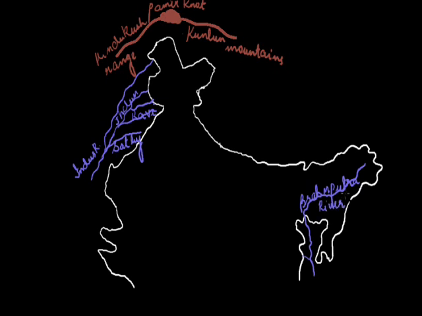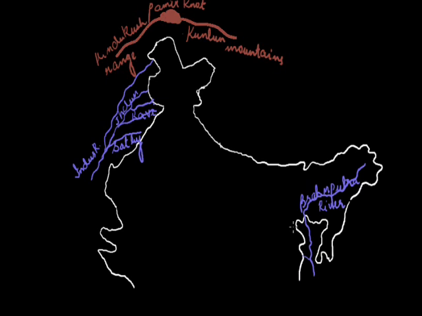These are just some extensions of the river. In order to give you a depiction of how the Himalayan ranges extend, there is another course of these rivers also which we study in another chapter on drainage. So the Himalayan mountain ranges run for about 2,400 kilometers from Indus River in the west to Brahmaputra River in the east. The average width of the Himalayas is 160 to 400 kilometers. 160 is the width in Arunachal Pradesh, and in Kashmir region you can find the width is 400 kilometers. The Himalayan mountain is not just one range but a group of 3 mountain ranges running almost parallel to one another all along its longitudinal axis.